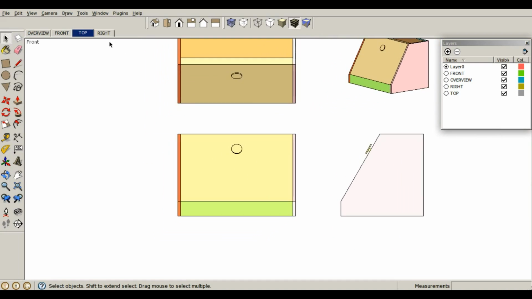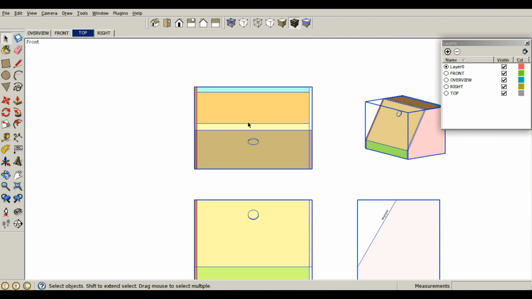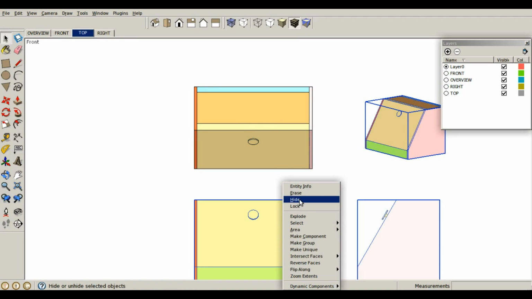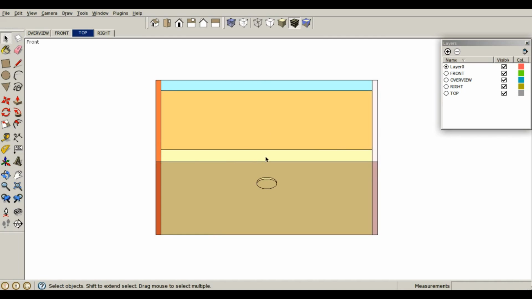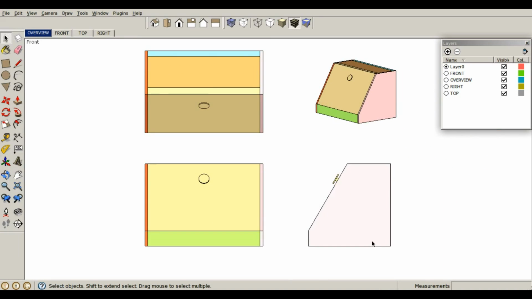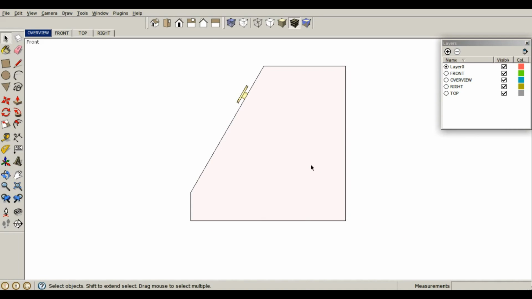Same thing with top real quick. I'm going to go to my top scene, Control A to select everything, hold Shift to deselect this. So only these three are selected, right click and hide. Zoom in to where I'm at a comfortable position here, right click and update. Let's go back to overview. Same thing for right. Control A to select everything, Shift to deselect that, right click, hide, zoom in where we have a comfortable view,